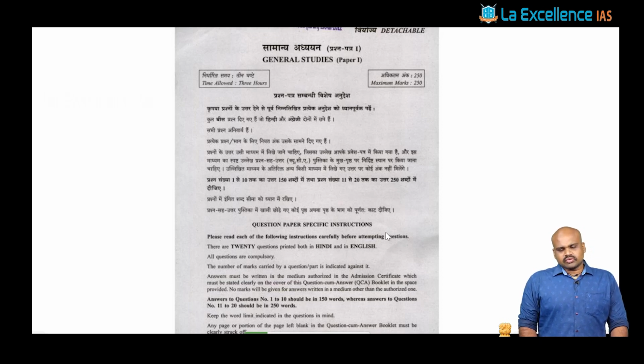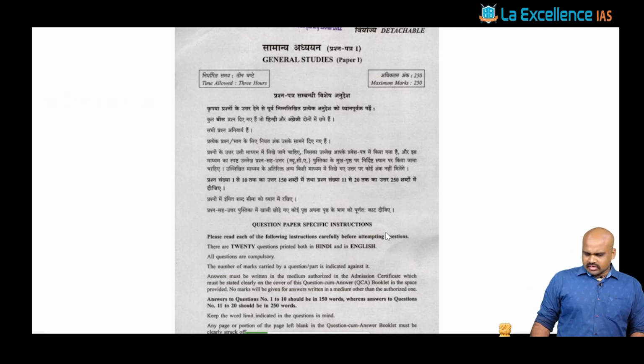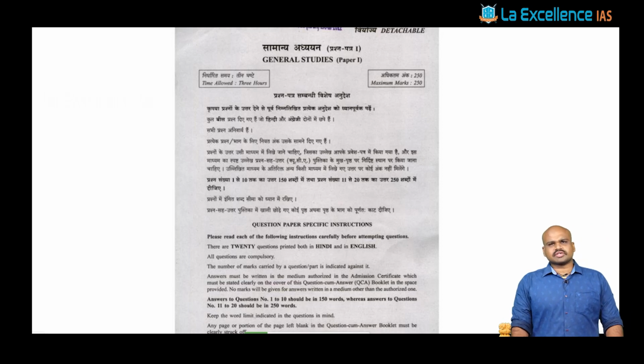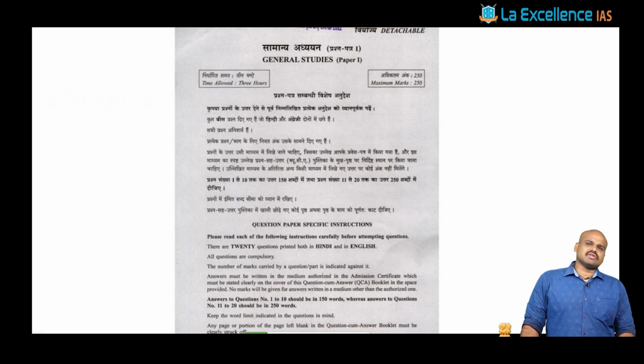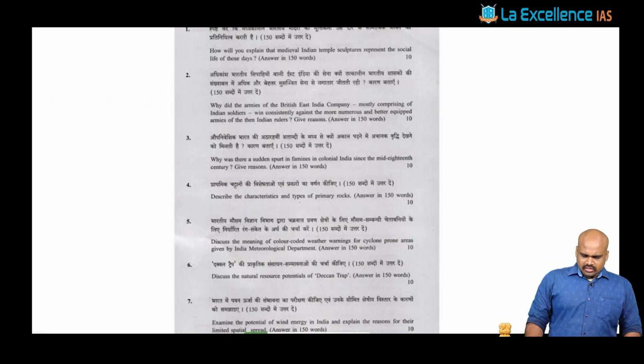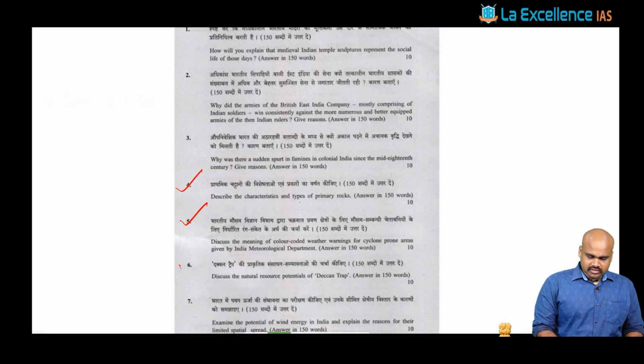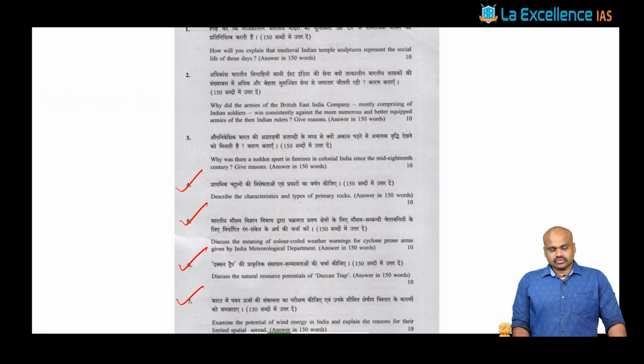Getting into the discussion, we would now see the questions, and also the model structure that can generally be given for such an answer. You would see that question number 4 is a question of geography, question number 5 is a question of geography, question number 6 is a question of geography, and question number 7 is also a question of geography.